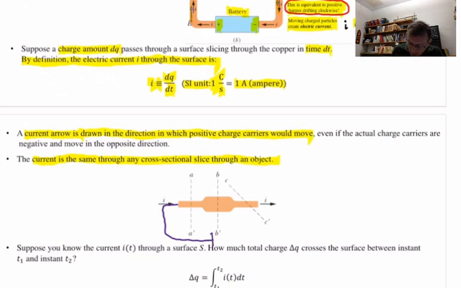I'll draw it as a circuit diagram. It's more copper wire connected to a battery, like that, so that we have a complete circuit, and we have conventional current I flowing clockwise around this loop. And up here in our slice we're looking at, the current I is flowing from left